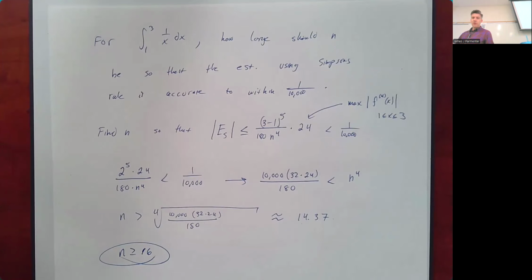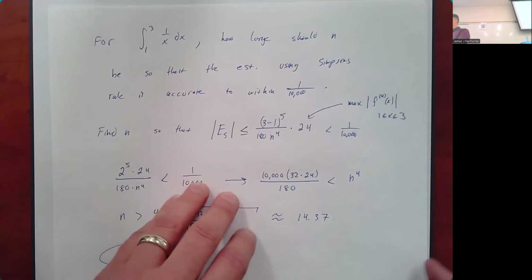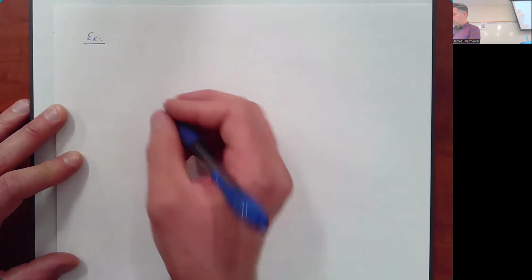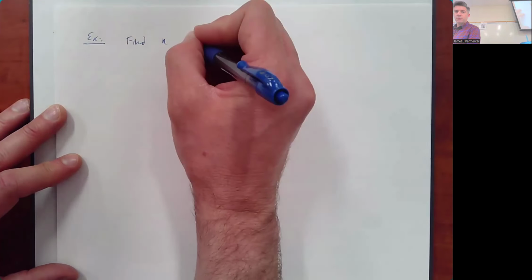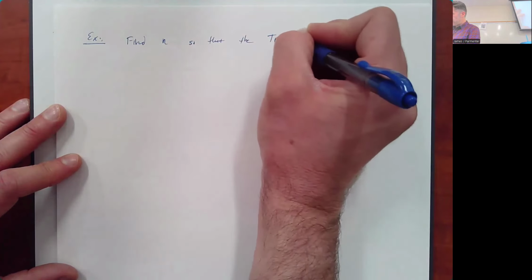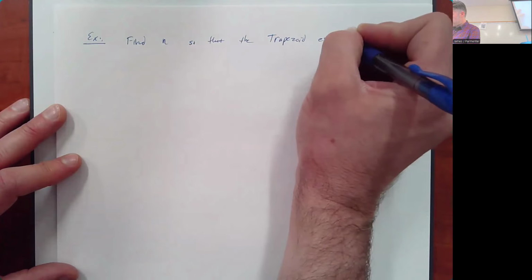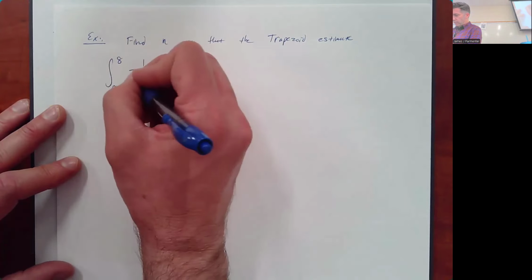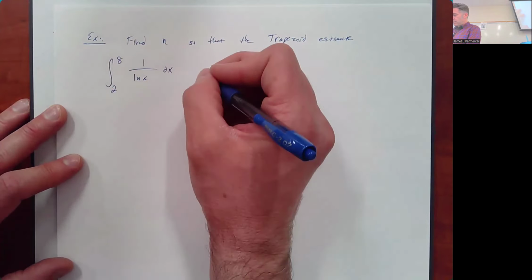So those problems both had the advantage that it was relatively easy to maximize the absolute value of either the second or the fourth derivative. Let's look at another example where it's a little bit more challenging. Let's say we want to find n so that the trapezoid estimate of an integral that we actually can't do, the integral from 2 to 8 of 1 over the natural log of x dx, is accurate